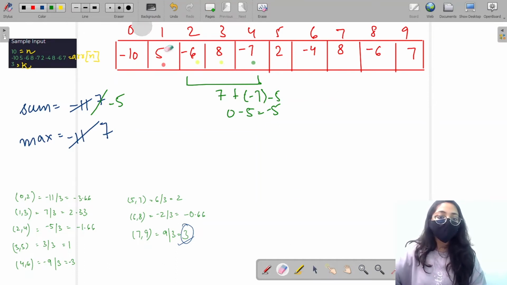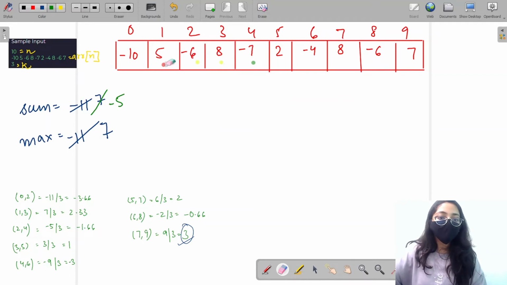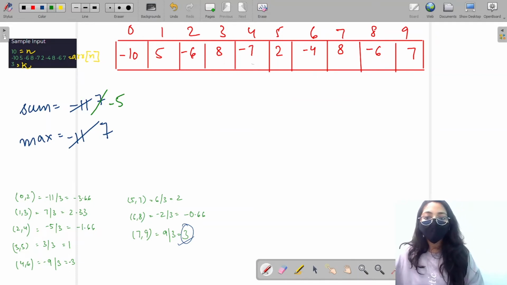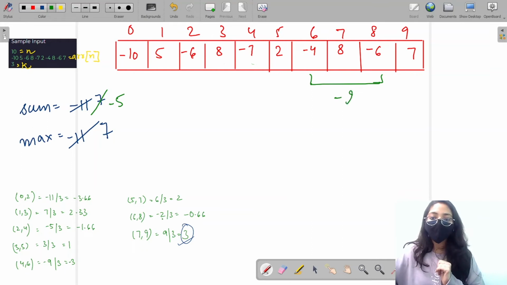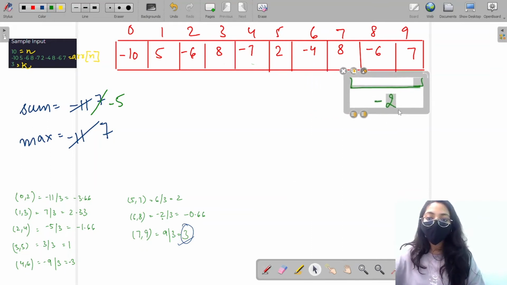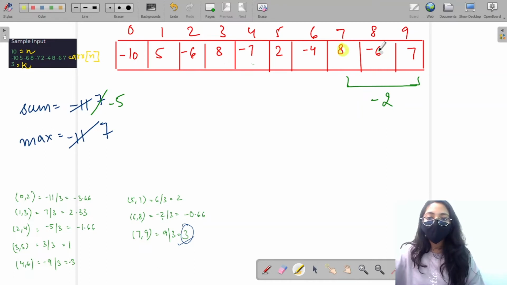This way we will keep on moving, and at a point we will reach over here, right? Over here. And the final sum which we will have for this range will be minus 2, right? Then I will move over here. So over here I will have 8 and minus 6 common, add 7,